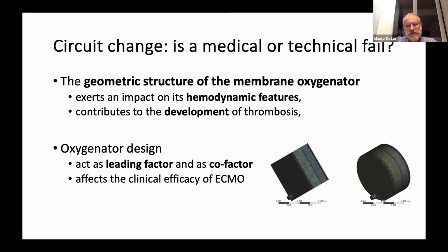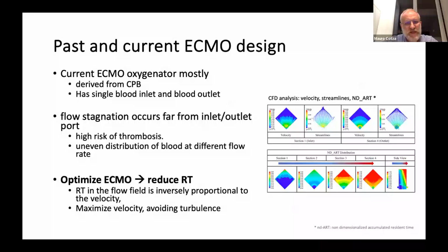And the oxygenator design acts as a leading factor in the growth of thrombotic issues inside the oxygenator, but it can also act as a cofactor, as we saw before, in a synergistic way. What is clear, in any case, is that it affects the clinical efficiency of ECMO. So what we saw in the past, and what we saw when deciding to move to a new